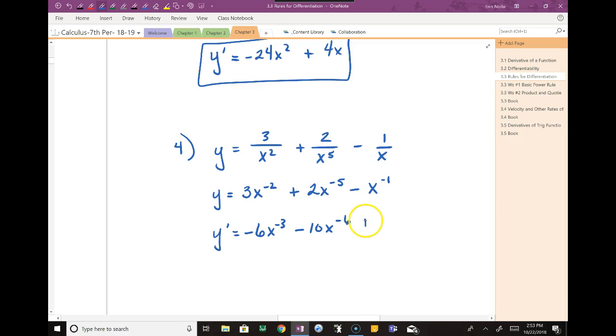Plus x to the negative second. Now, I don't want to leave it this way. This is technically unsimplified. I have negative exponents. So how do I rewrite that correctly? If I have a negative exponent, you just put it back as a fraction. There you go. So I'm going to have 6 over x to the third minus 10 over x to the